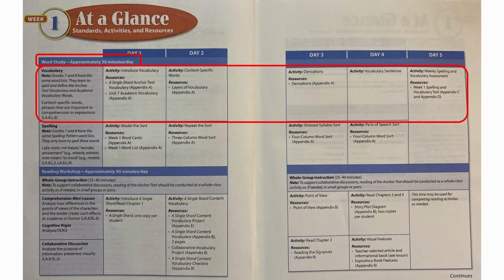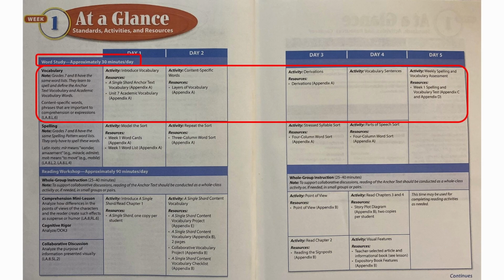All right, so let's parse this out a little bit here. If you were to look at your DLG at day 1. And by the way, I do want to show you here, as you leaf through this, before you dive into any of the specific content, it gives you a week at a glance, okay? And the week at a glance gives you word study. That's what we're talking about right now. And then it will say, oh, you have vocabulary things here, you have spelling things that you need to accomplish here. And as you look through the week, you can start seeing, oh yeah, so there's activities here,